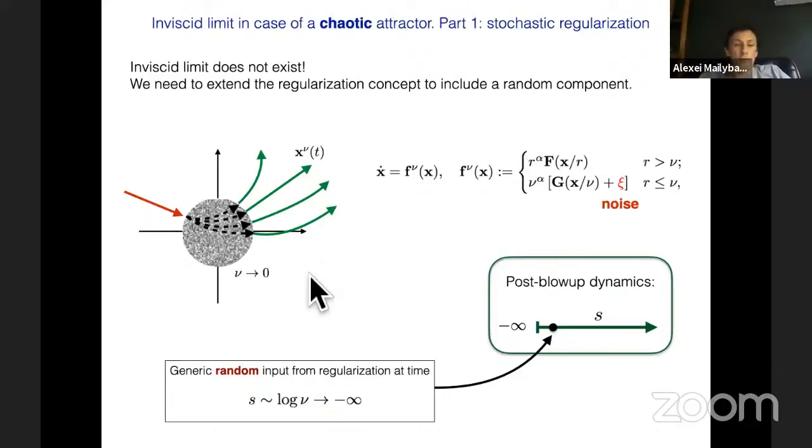The solution for every finite nu is stochastic, right? Because you had a segment of the solution which was stochastic, which means that now your solution at all times after it entered this new region is described by a measure. So at every time the solution is a probability measure, which gives you at which point, with which probability, you can find your solution at that specific time. So now we take nu going to zero, and the question is, what will be the limit of this measure?